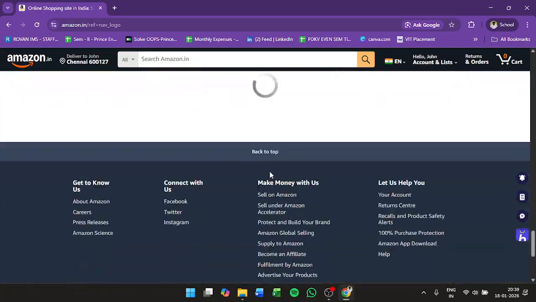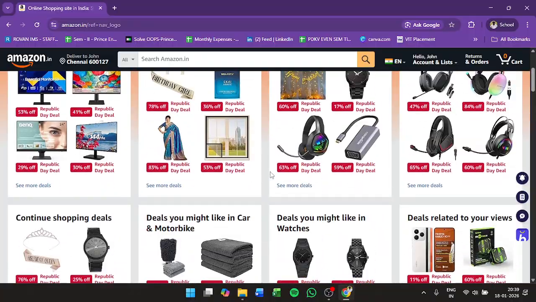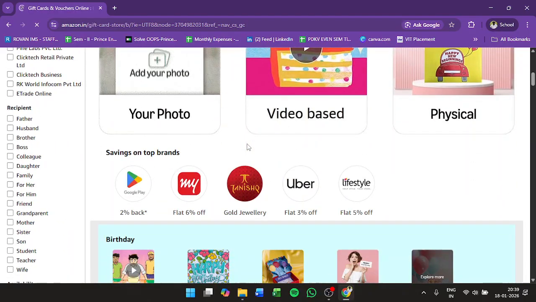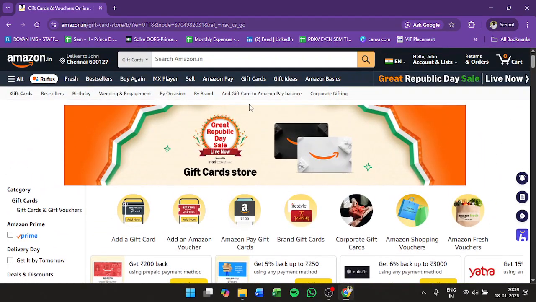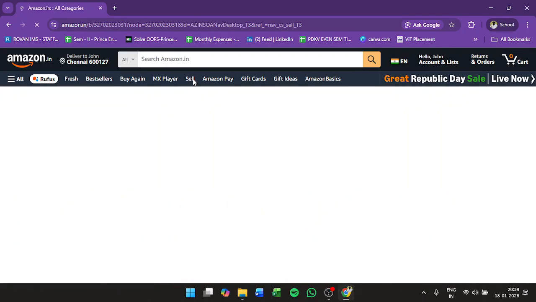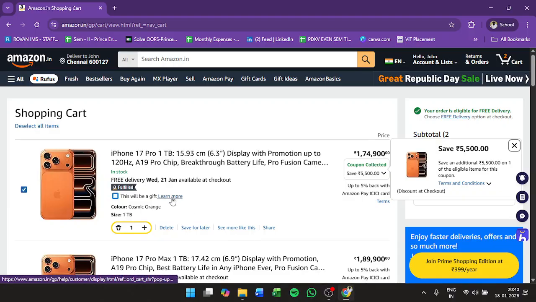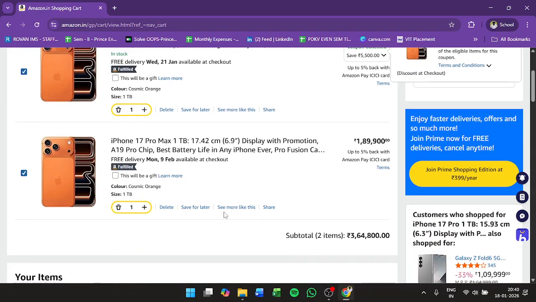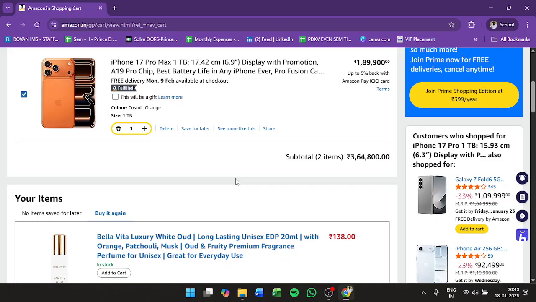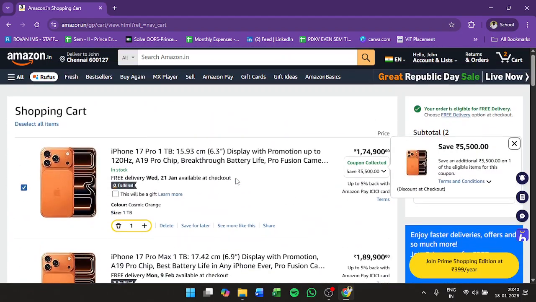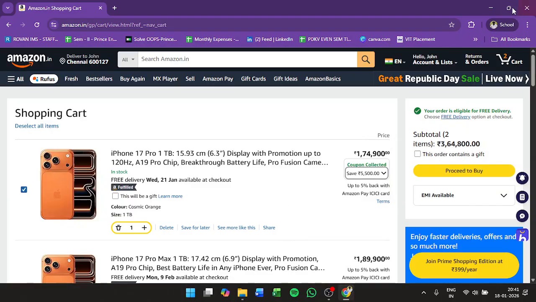Okay. Gift cards. Just give me a second. Yeah. So see here, my products are being listed one after the other, right? So like this, we will be using the list tag in order to list something in our web page. Okay, whenever we want to list something one after the other in our web page, we will be using the list tag. Okay, so I'll go to my